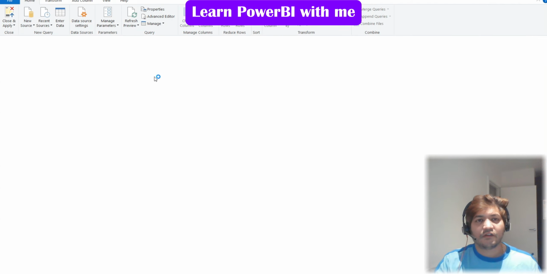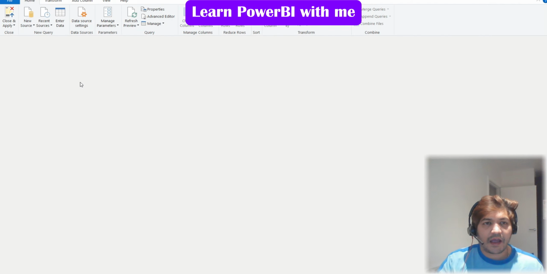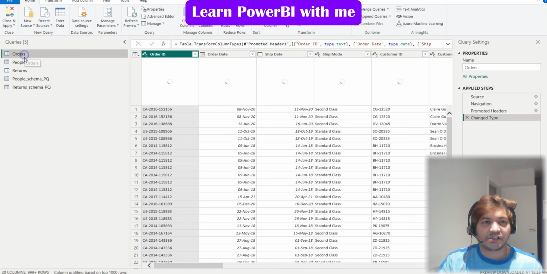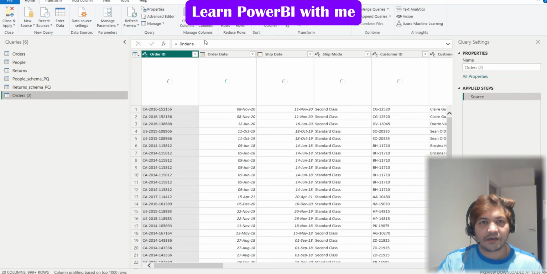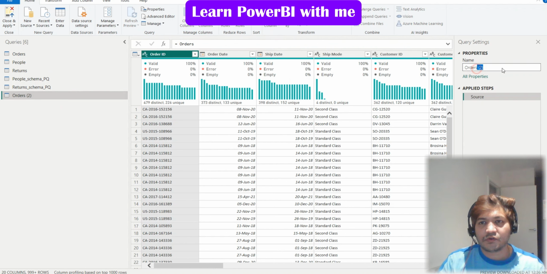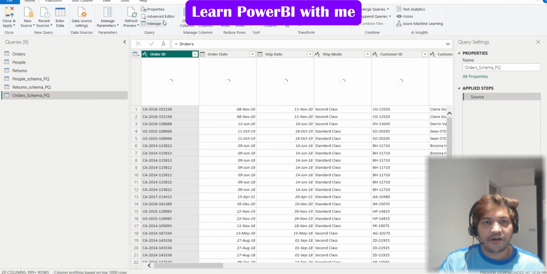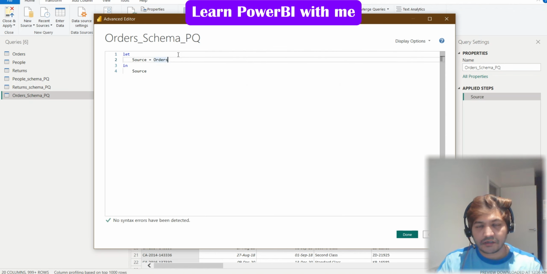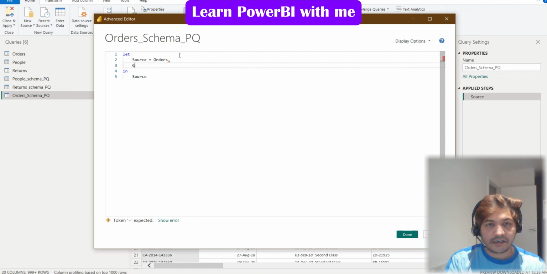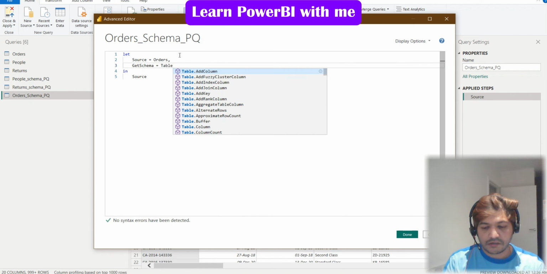Now if I go to Power Query, I'll take this orders table and create a reference to the orders table. Now I'll rename this to order schema PQ. Okay, and I'll go to the advanced editor, and in the advanced editor I will say let source is equal to orders, comma, I'll say get schema is equal to Table.Schema